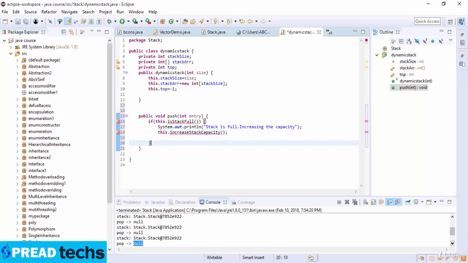Now here I just write System.out.println, and the print line here is "Adding entry", and it's a concatenation of entry. Now here, after that I just write this.stackArray[++top], which is equal to entry. Okay,